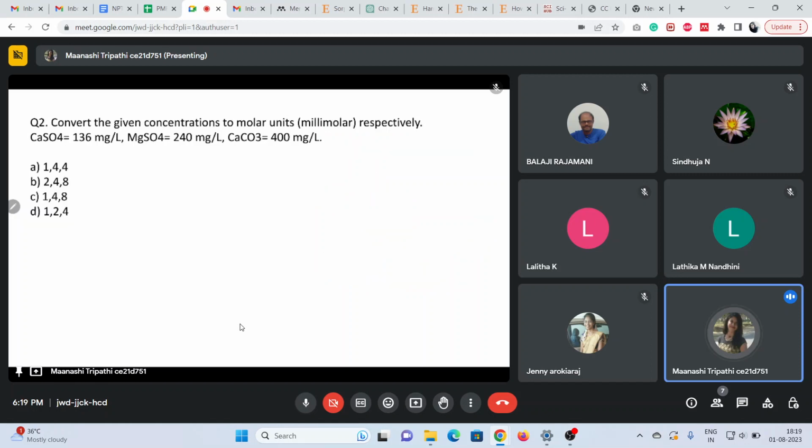This question is also similar. Now here we want to convert the same values into molar units. Here we are not talking about equivalents, just converting them into molar units. So in this question, valency is not going to play any role. There are certain phenomena where valency is important, but there are certain phenomena where it is not so important. So here we just convert them into molar units. Please try to solve this question. We'll see the solution in a minute.